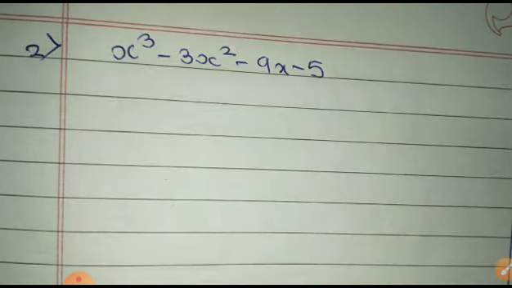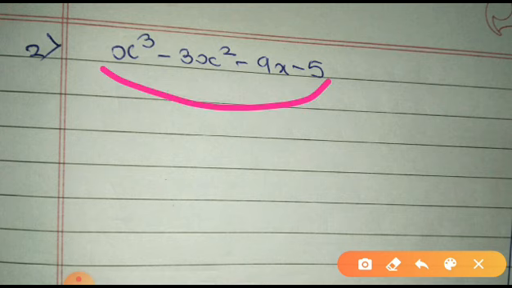Okay, I will be seeing the next question. It is x cube minus 3x square minus 9x minus 5. So again, whose factors do I have to check? I have to check the factors of 5 into 1, that is 5. So which are the factors? Factors of minus 5, because it is minus sign. So can I see that the factors will be plus or minus 1 or plus or minus 5? No other factors of 5.